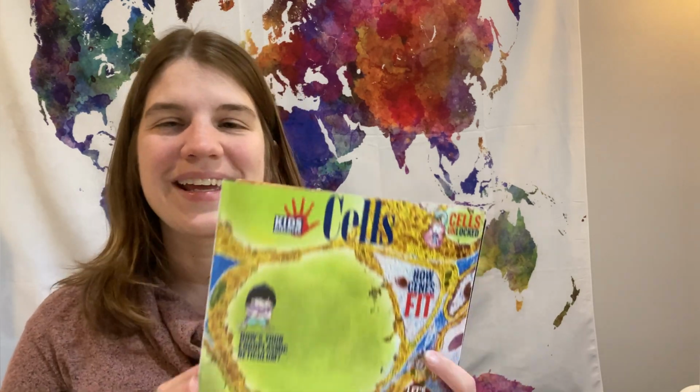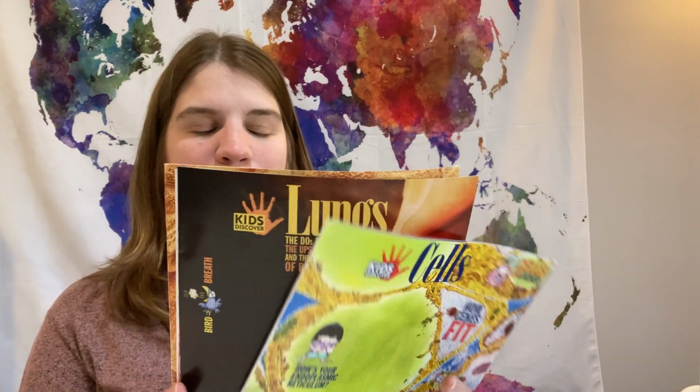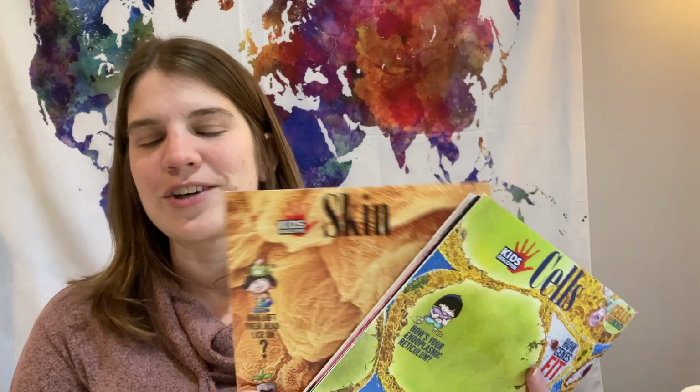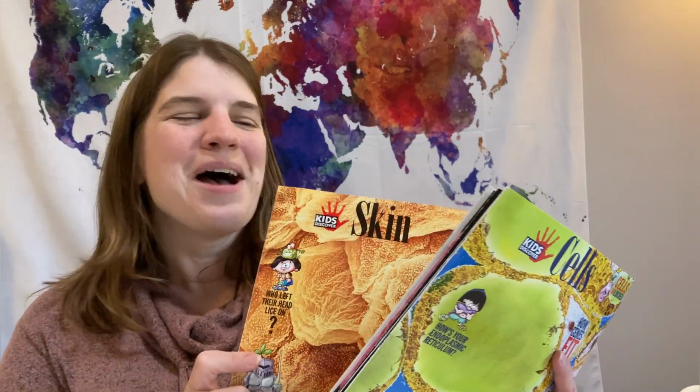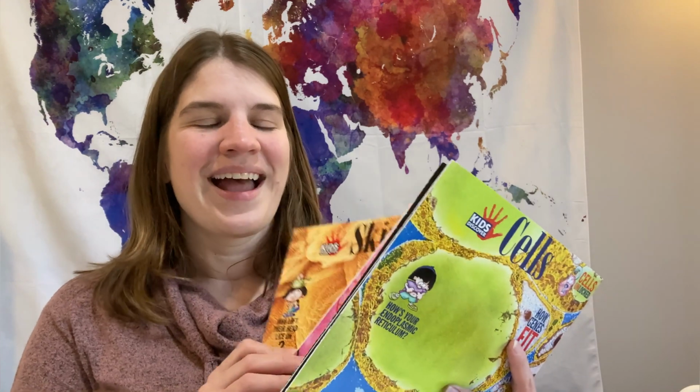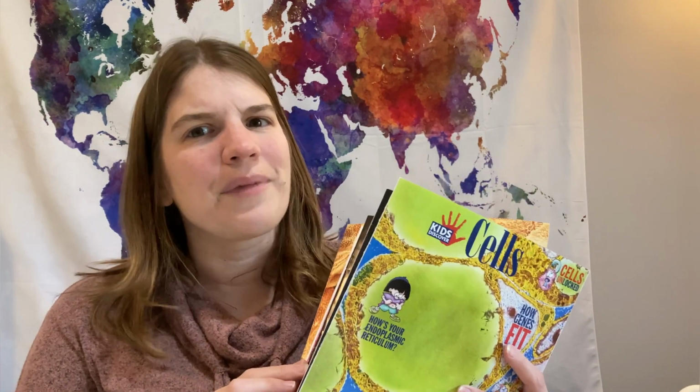These were resources that I was really excited about from Kids Discover. They are little magazines. They're not very expensive either, so be careful because you could go kind of crazy when you are purchasing these. I had to limit myself not to get everything, and they have some discounted too, or you could even get